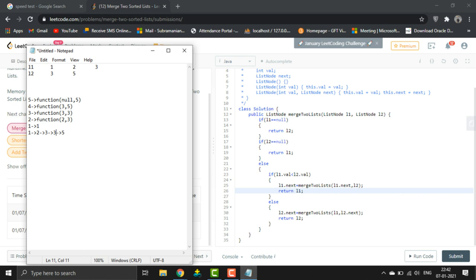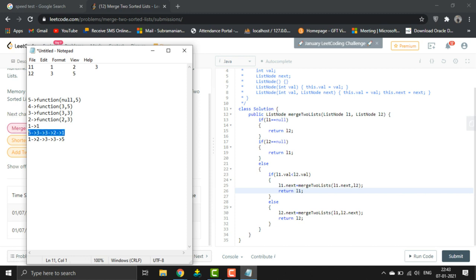What I said was a little bit wrong. Not 3 points to 5. I mean, sorry, 5 points to 3. It is 3 points to 5. According to what I said, the output should be like 5, 3, 3, 2, 1. This is what I said, but it is not like that.